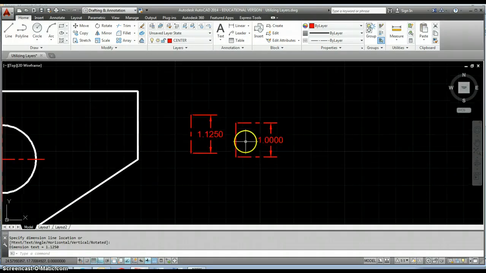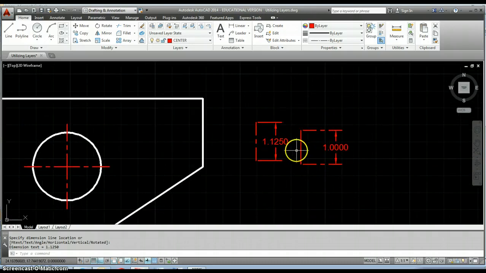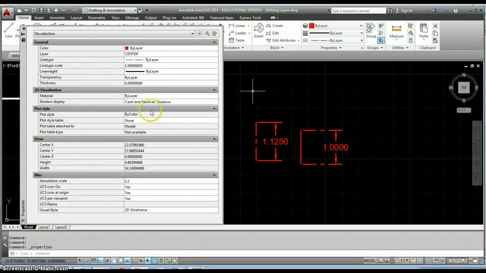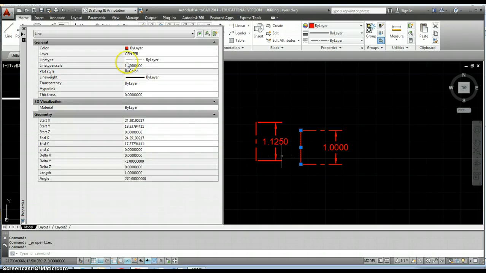And so the best way to do this is after you have it drawn, and if this is drawn to the correct length, you want it to be 1 inch long, then we need to adjust the properties for that one particular line and only that one line. And so the way you do that is come up here, you've got a little properties panel and this little arrow in the corner. If you click on that arrow, it brings up your properties box. You can select that line